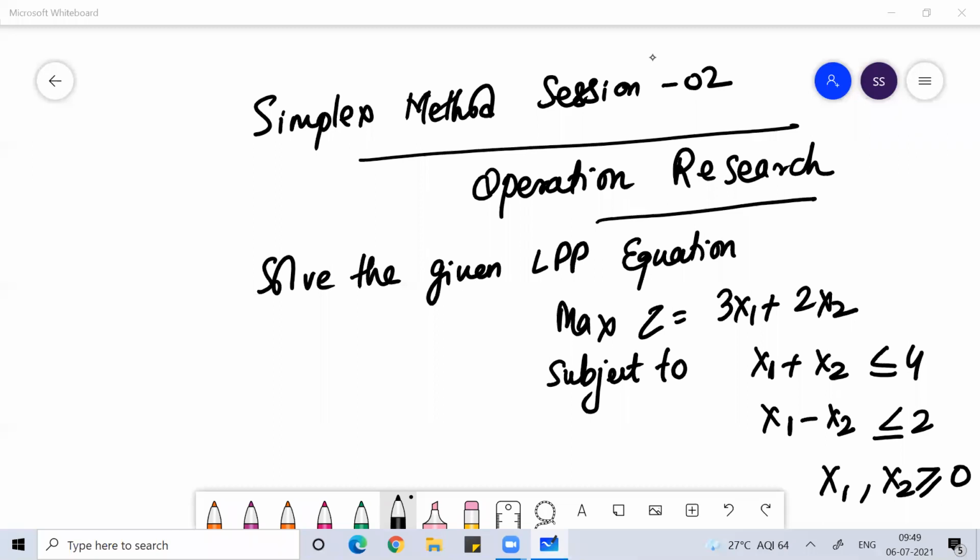So here two variables are there, so we can easily solve this two variable problem by using the graphical method also, because for the graphical method we cannot solve if we have more than two variables. We can solve this problem either by the graphical method, or by the simplex method, or by using the MS Excel solver function. I don't want to teach you more about the Excel solver function because it's not going to be useful for exam purposes. I hope you understood this equation.